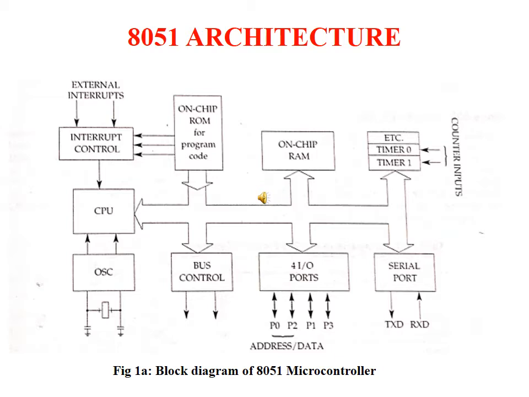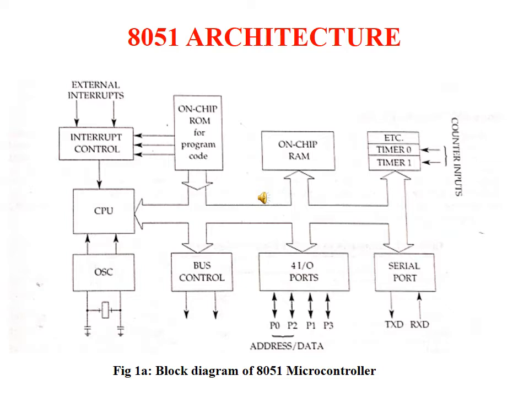Next are the I/O ports. The 8051 microcontroller has four 8-bit I/O ports which are configured as P0, P1, P2 and P3. The 8051 microcontroller is available in the form of an IC, a 40-pin IC. Among the 40 pins, 32 pins are configured as the four 8-bit I/O ports, which are labeled P0, P1, P2 and P3.